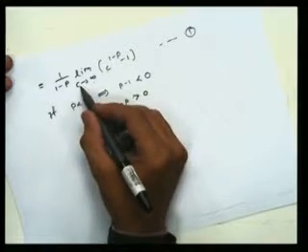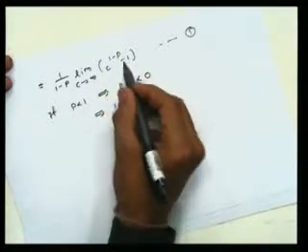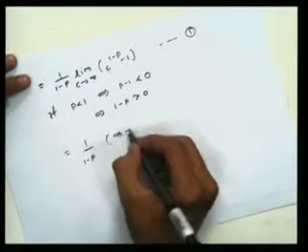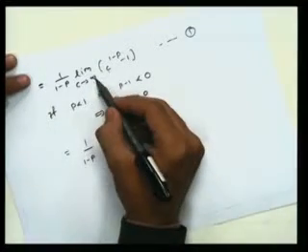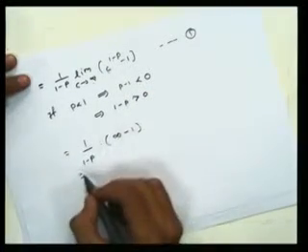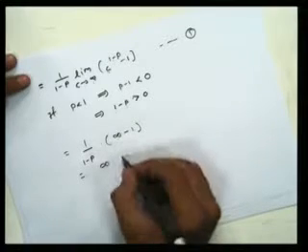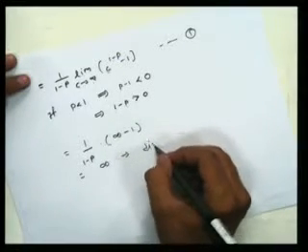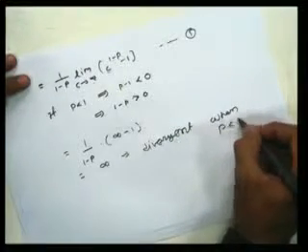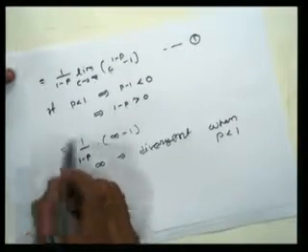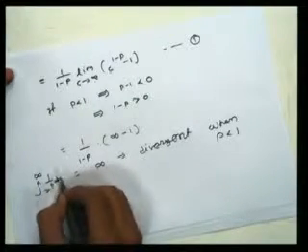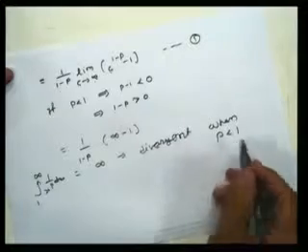So we apply c tends to infinity, then this term will become 1 upon 1 minus p into infinity minus 1. Because c tends to infinity, c raised to 1 minus p is also infinity, and hence this term is infinity minus 1, which is equal to infinity. That means the integral is divergent when p is less than 1. So when p is less than 1, the integral from 1 to infinity of 1 upon x raised to p dx is divergent.